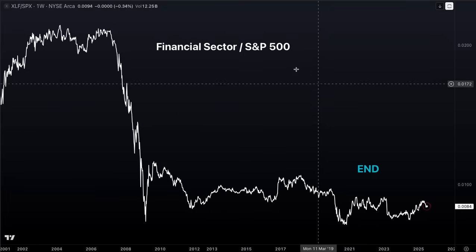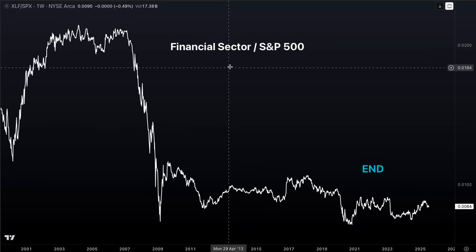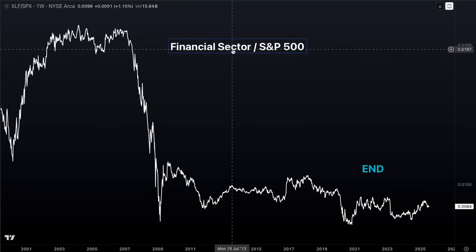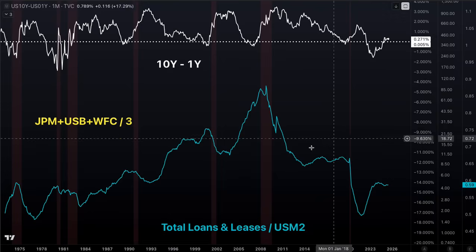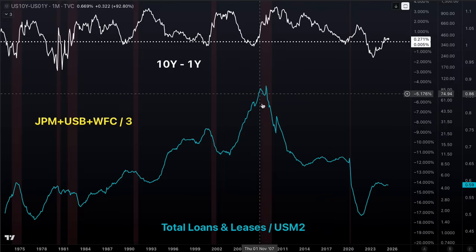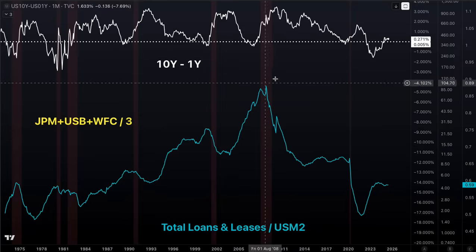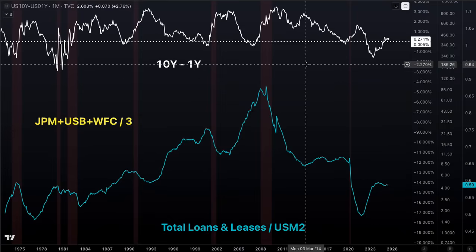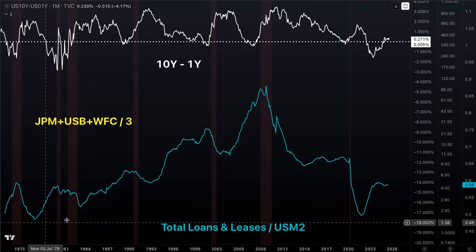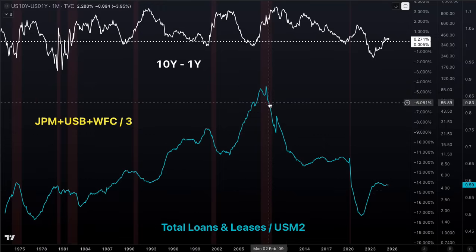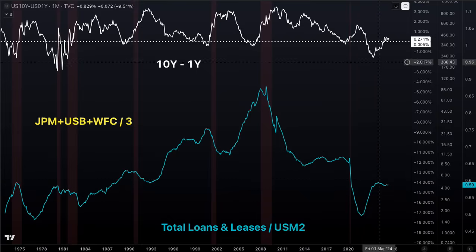Part two will come next. Here is just, I think, a really good way to tease out part two. Here's the financial sector divided by the S&P 500. And so what we can see, you could kind of see it in this first line here with total loans and leases divided by M2. Something clearly broke, right? This was in an uptrend for decades upon decades. This was how private bank credit was growing faster than M2 money supply. Well, we broke that uptrend. And in fact, total loans and leases have been falling relative to M2 money supply.